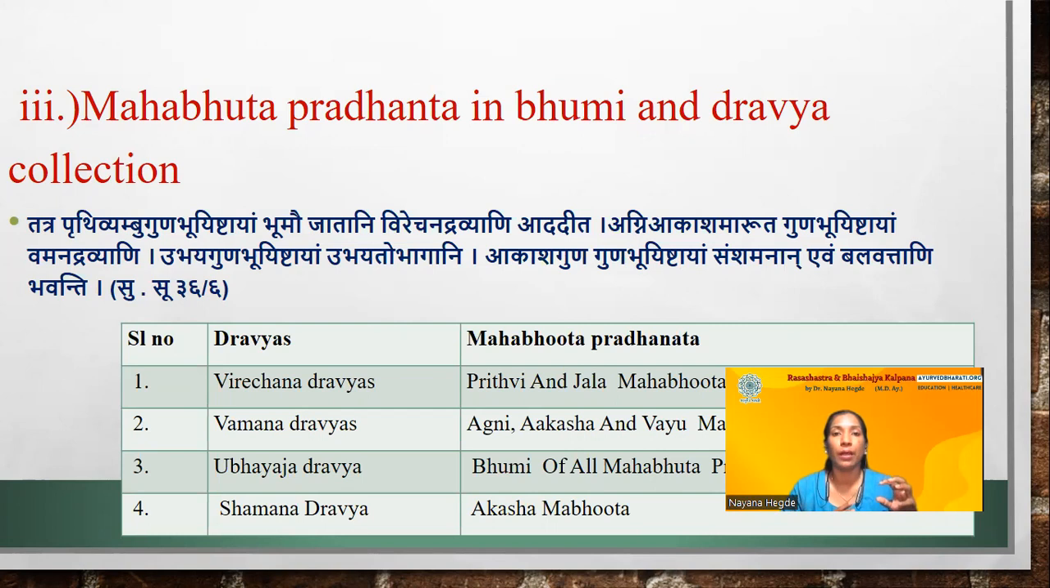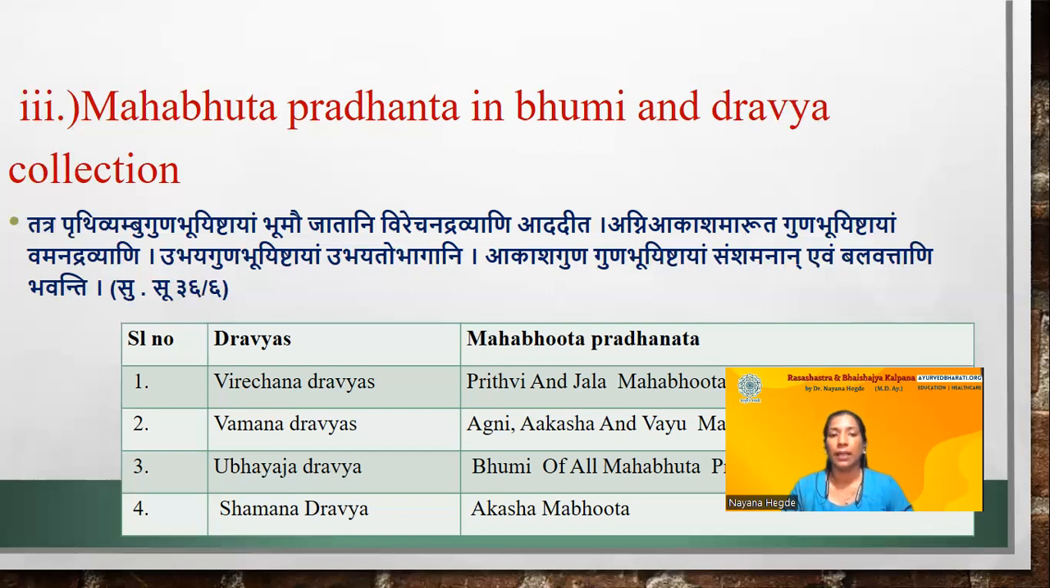Based on the karma of a dravya, that dravya should be collected in this type of mahabhuta pradhanata. So what are the mahabhuta pradhanata and what are the karmas of the dravya we are going to study now. That is from the basis of the place. For that Sushruta Sutra has given the reference, that is Tatra Prithvi Ambu Guna Bhuishtaya Bhumau Jatani Virechana